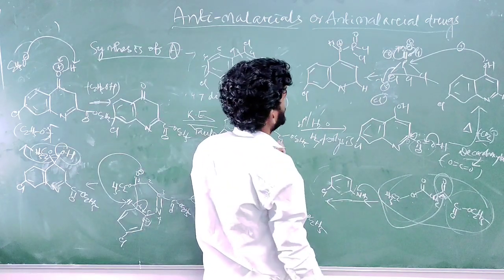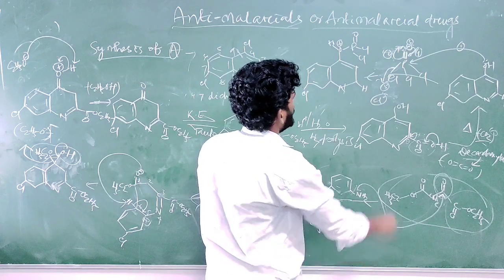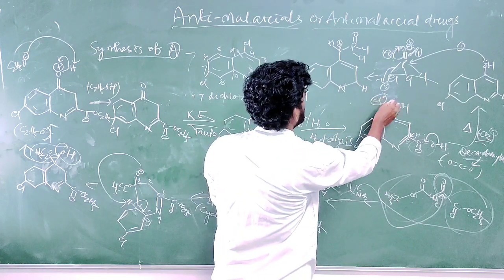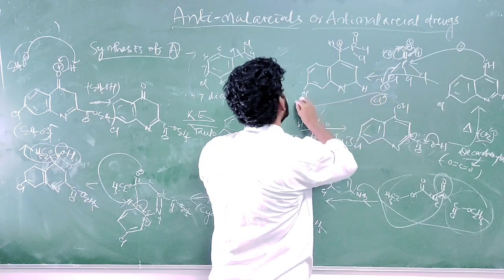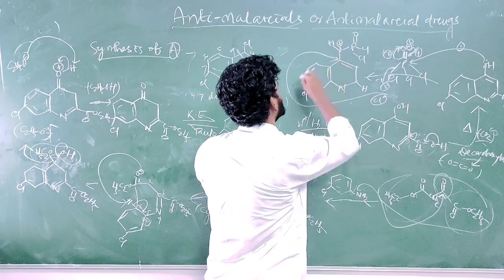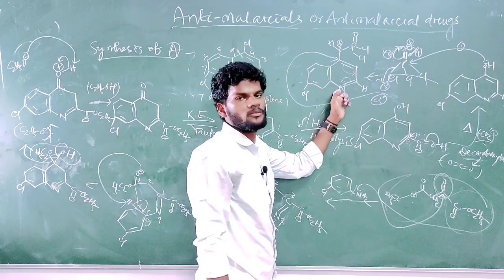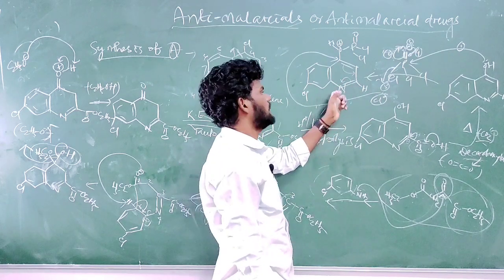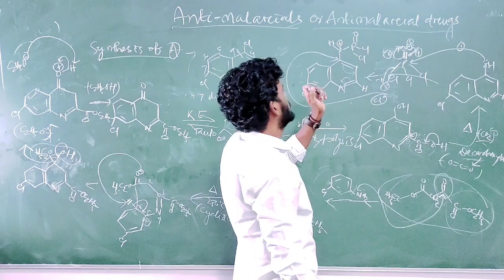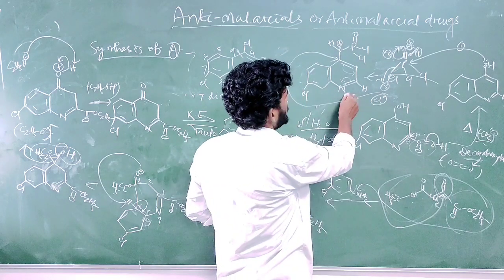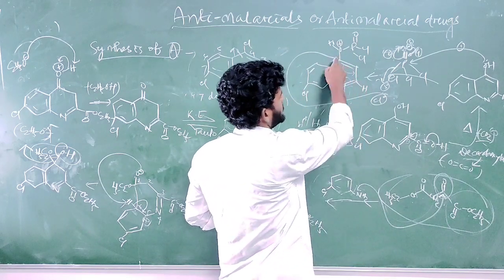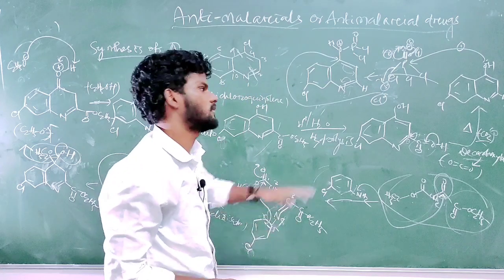What will happen? The chloride ion attacks this center. This bond moves here and this bond moves over to nitrogen, and the negative charge over nitrogen is stable. Okay, an electronegative atom is stable. So in this way, when we return back, this is addition. This is otherwise known as addition-elimination.